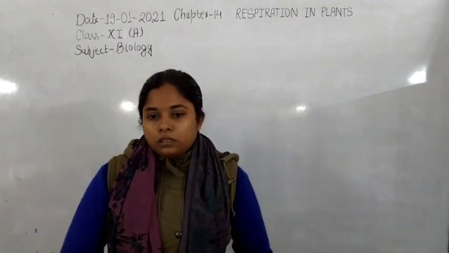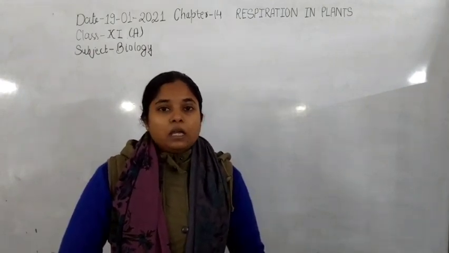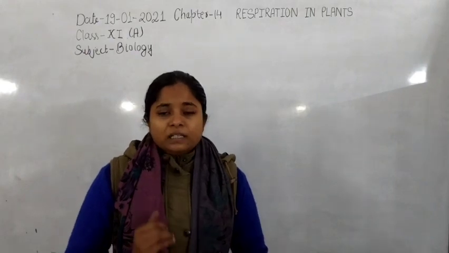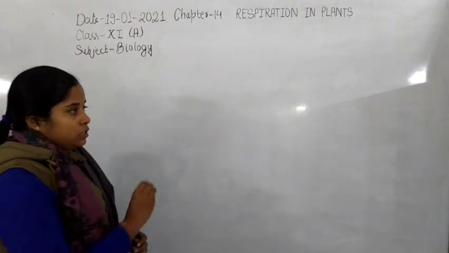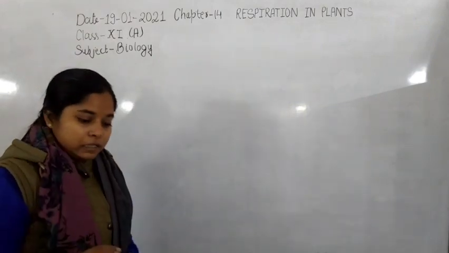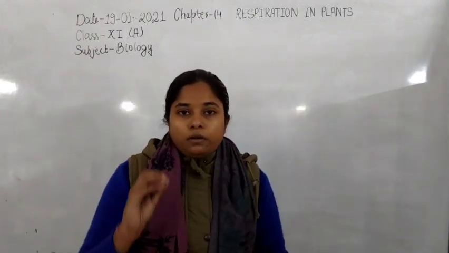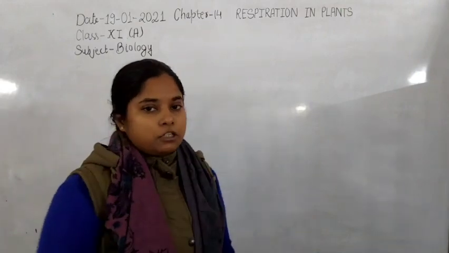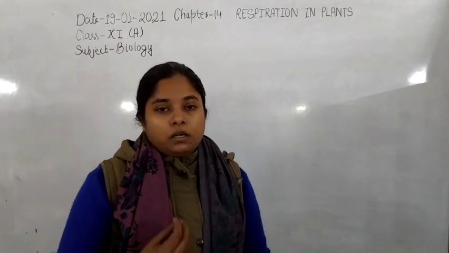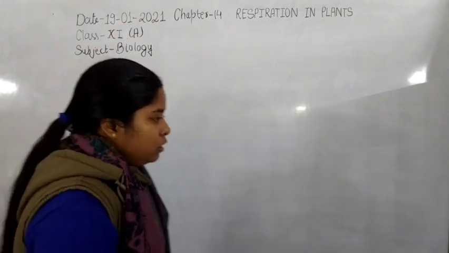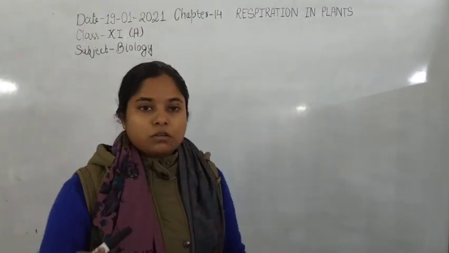Also, there is one step involving dehydrogenation, in which NADH plus H plus forms during the process, and the product of glycolysis is pyruvic acid, that is 2 molecules of pyruvic acid. The net gain of ATP formed during the whole glycolysis is 2 ATP molecules. In today's class, I am going to discuss the topic formation of acetyl coenzyme A,